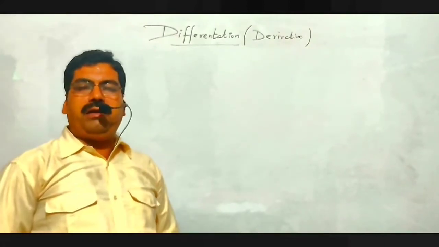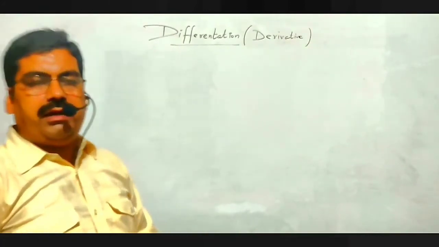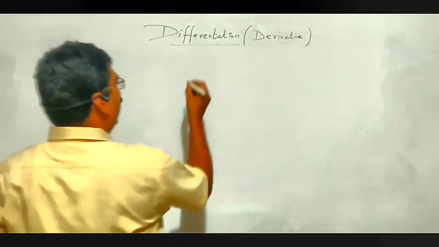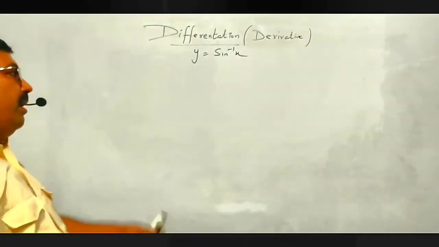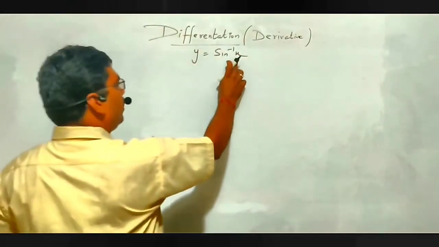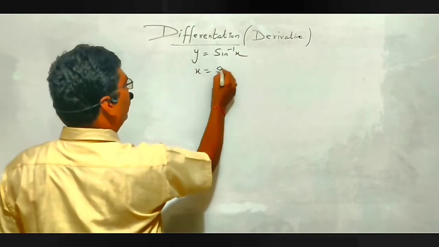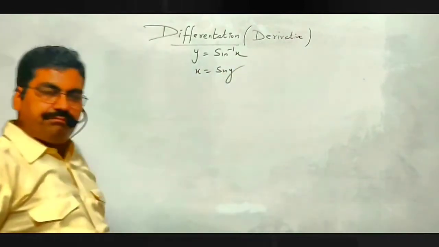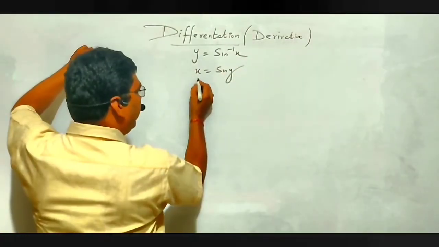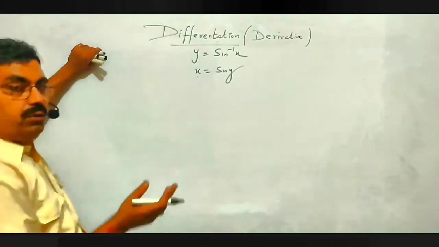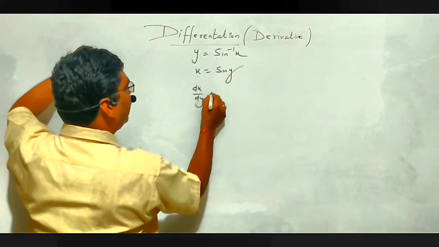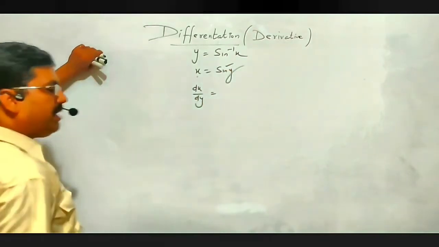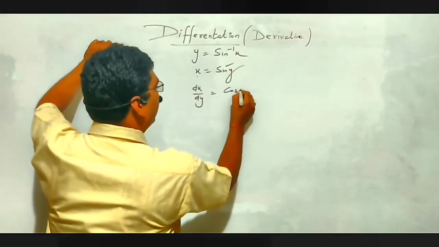Inverse trigonometry, derivative of inverse trigonometry. So first, the derivative of sine inverse x. We derive this formula: x equals sine y. Now the derivative of x with respect to y, meaning dx by dy, and the derivative of sine is cos y,